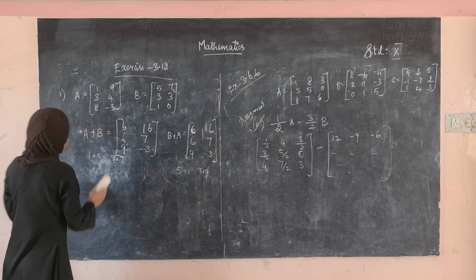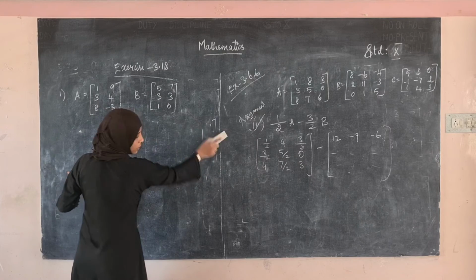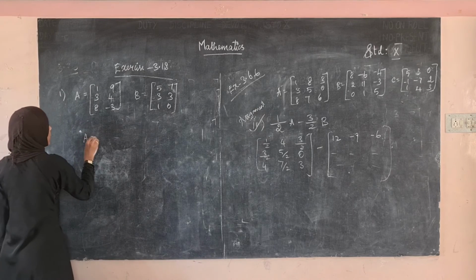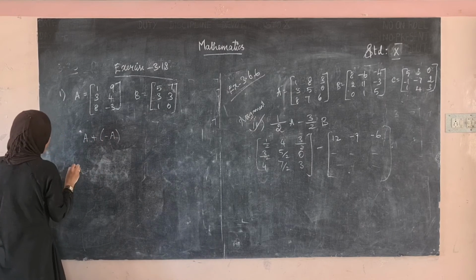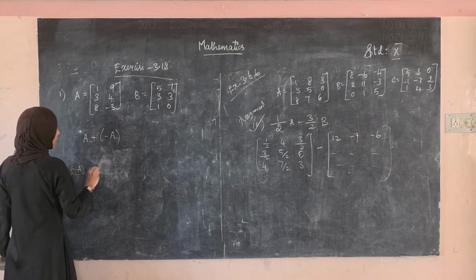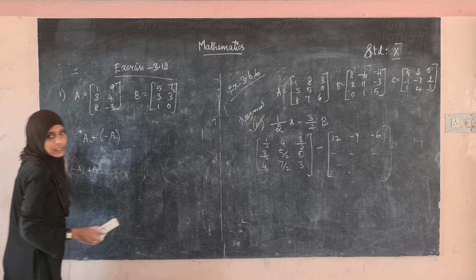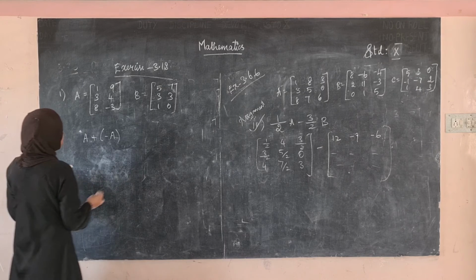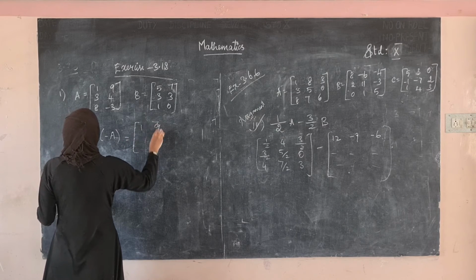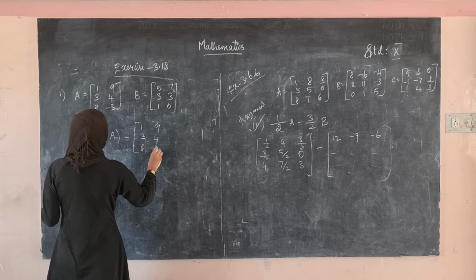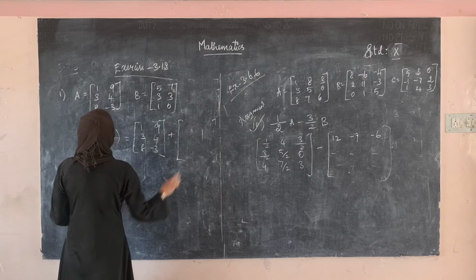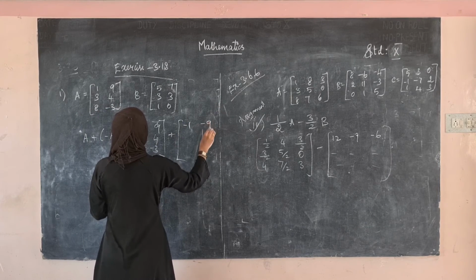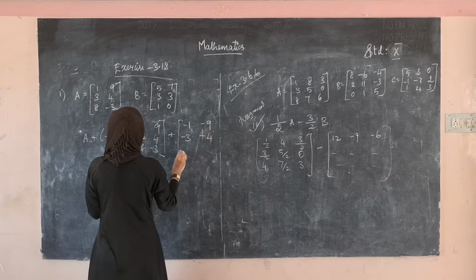Okay. Now you have to find A plus minus A. Then you have to find minus A plus A. You have to say this as 0. That is null element or null matrix, or 0 matrix. See, A plus minus A. What is A? 1, 9, 3, 4, 8, minus 3. What is minus A? We have to multiply minus with all the terms. Minus 1, minus 9, minus 3, minus 4, minus 8.